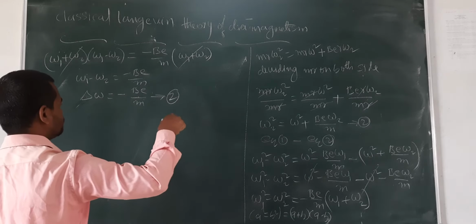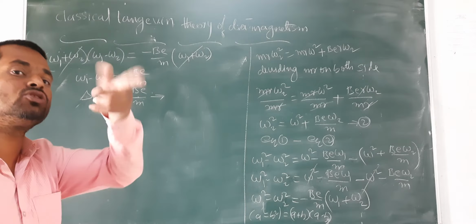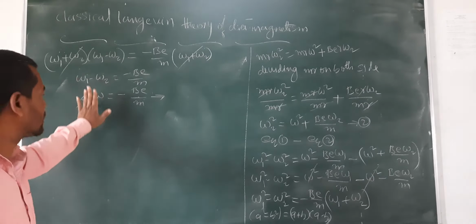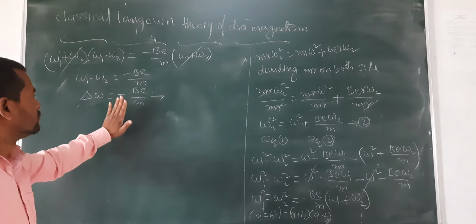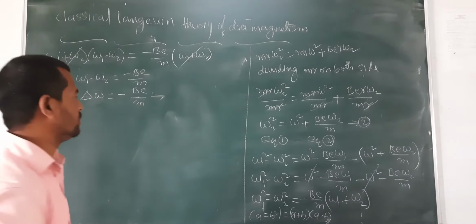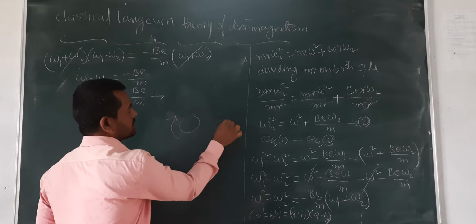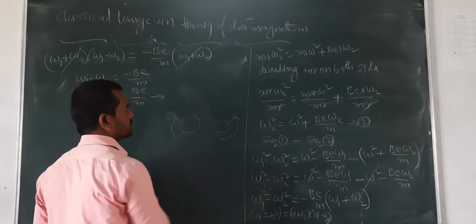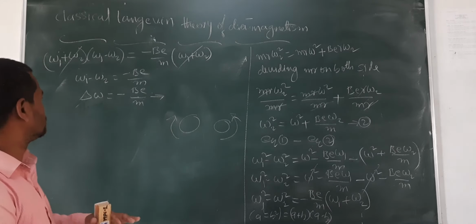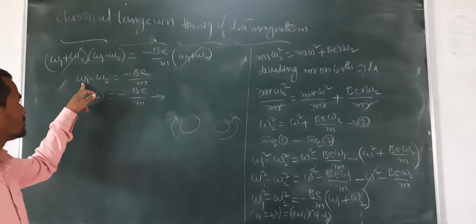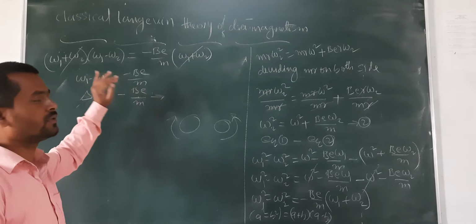Equation 2, right? So delta omega indicates the difference in the two omegas. That difference in omega can be written in short form as delta omega. Now this is for 2 electrons only. We have considered it for 2 electrons, as I explained, one electron is revolving like this and the other electron is revolving in this direction. So this equation is derived for 2 electrons. Here omega 1 is the velocity of the first and omega 2 is the velocity of the second, which means there are 2 electrons.